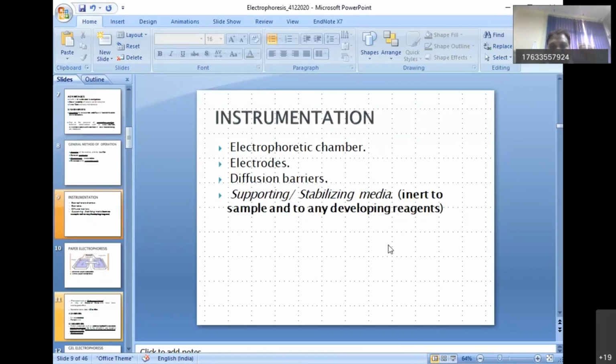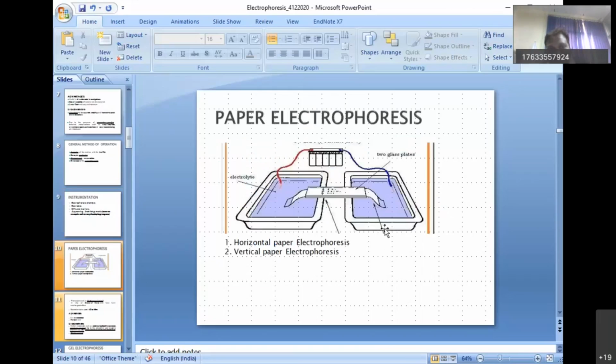So instrumentation requires an electrophoretic chamber, electrodiffusion buffer, diffusion barriers, and the supporting media, which should be inert. It should not be reactive. That is important. First you come to zone electrophoresis, the paper electrophoresis, in which